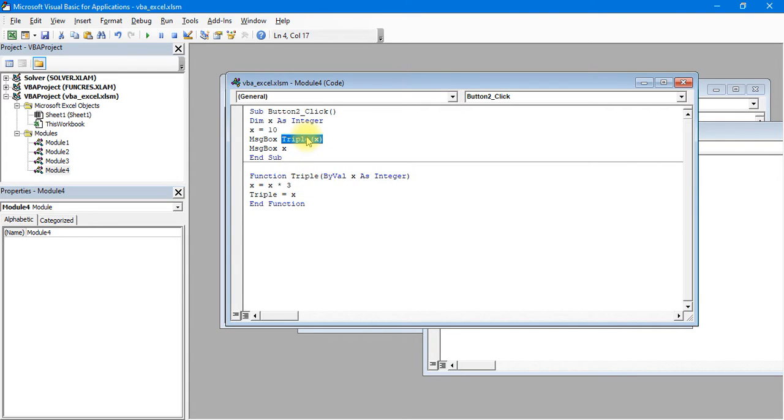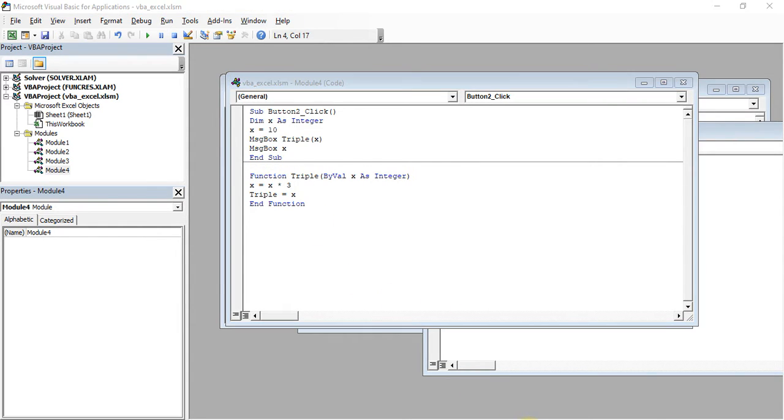It returns 30 here. But as we are sending the value as a copy, the changes are done on the copy, not on the original value x. So the next time this message box is displayed, it remains the same, and the answer will be 10. Let us check if it is working or not.